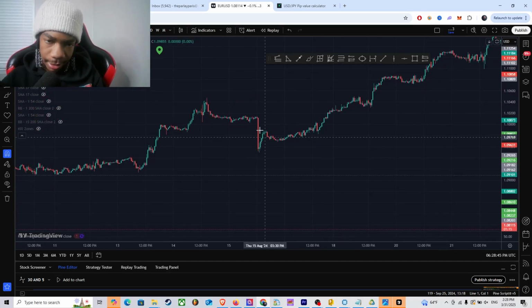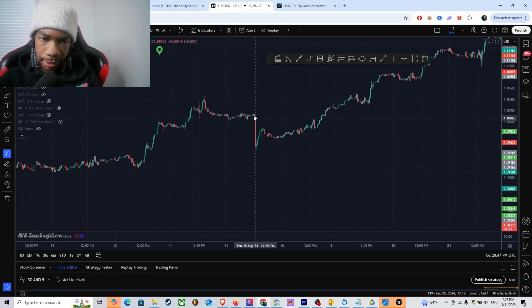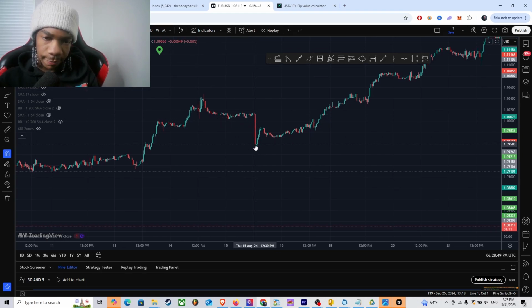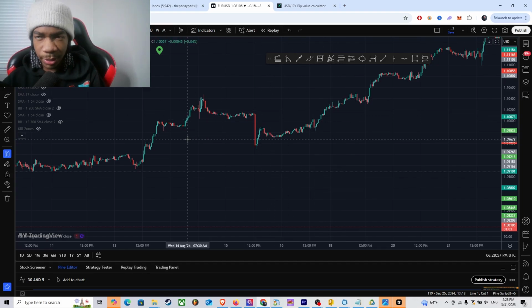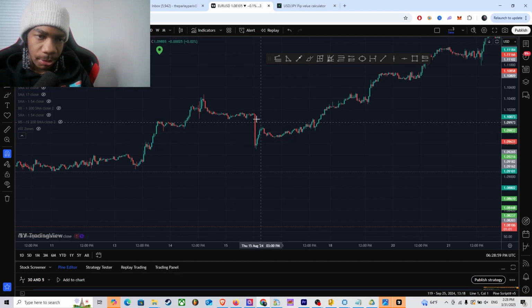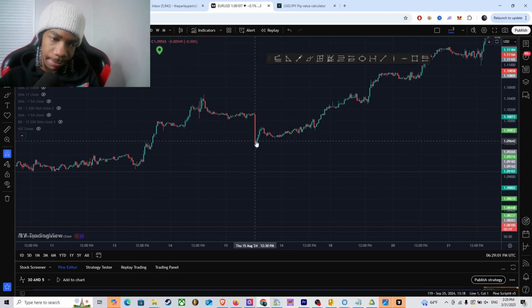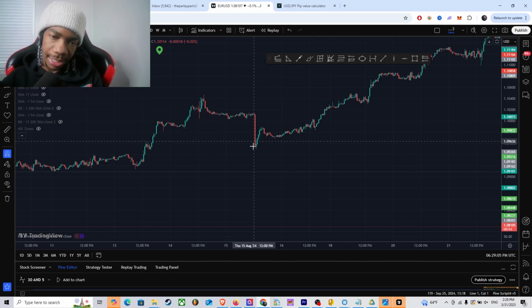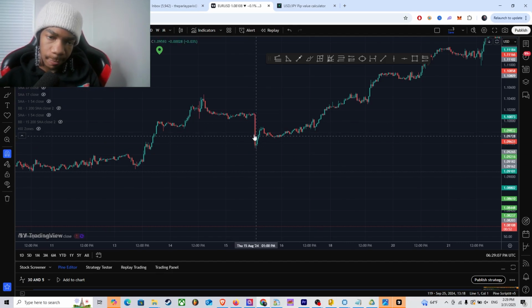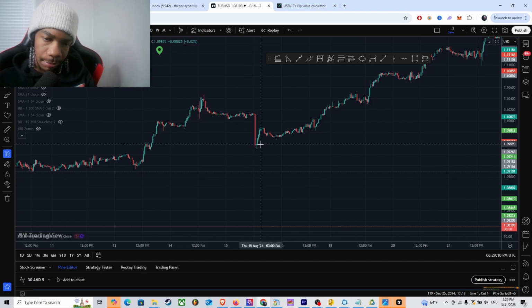See here, that's a big candle right there that dropped, and that was significant. See right here, and look how it climbed up, and it went over that. So if you're trading, you do want to see big moves like this, and these did happen over a short period of time. I'm sure that happened in 15 minutes or maybe even 5 minutes. And once something like that happens, you want to just,